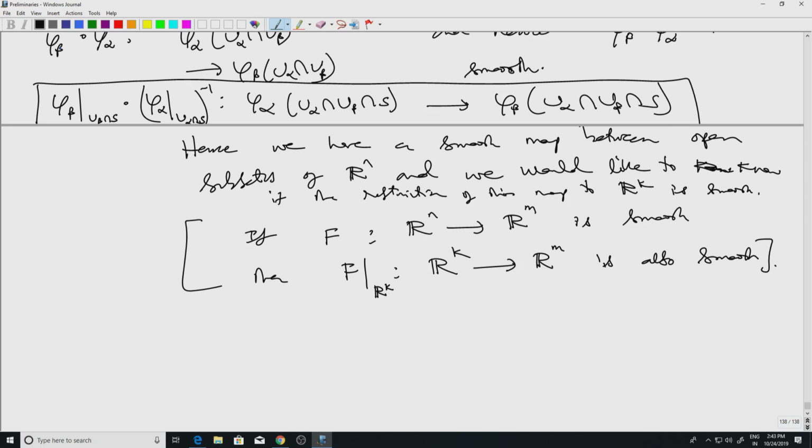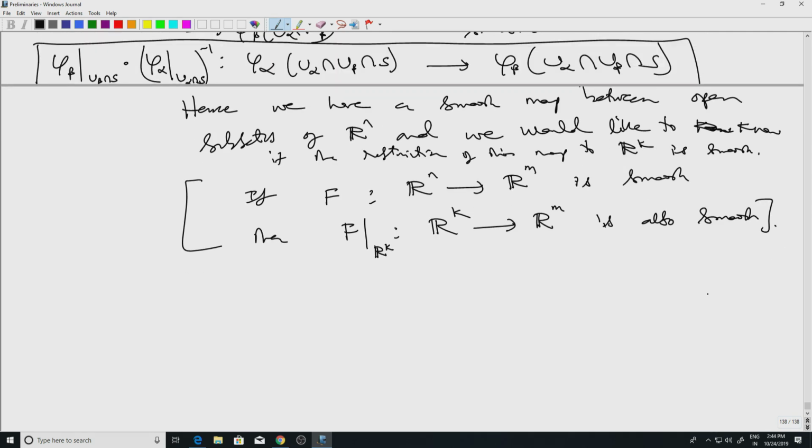That's it. That is of course true. The second statement is a much weaker part of the first statement. So this is certainly true